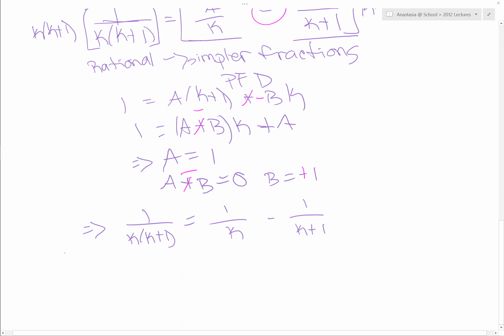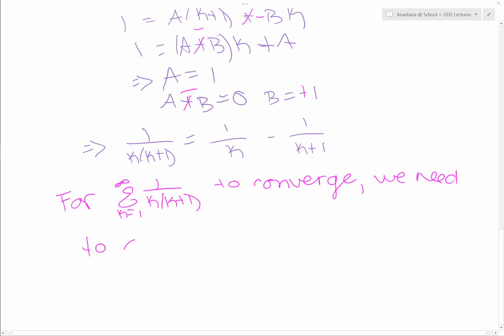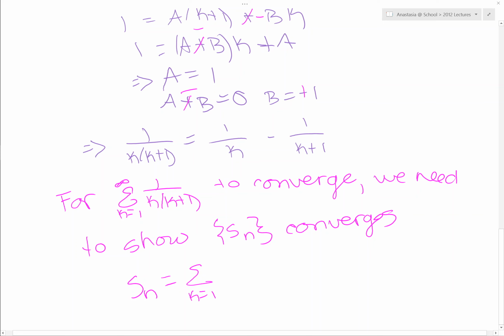So now, in order to figure out if the series converges, which we know it does, but in order to show that it converges, we need to show that the sequence of partial sums converges. Now remember that the sequence of partial sums is obtained by summing a finite number of terms of our series. So the nth term in the sequence of partial sums